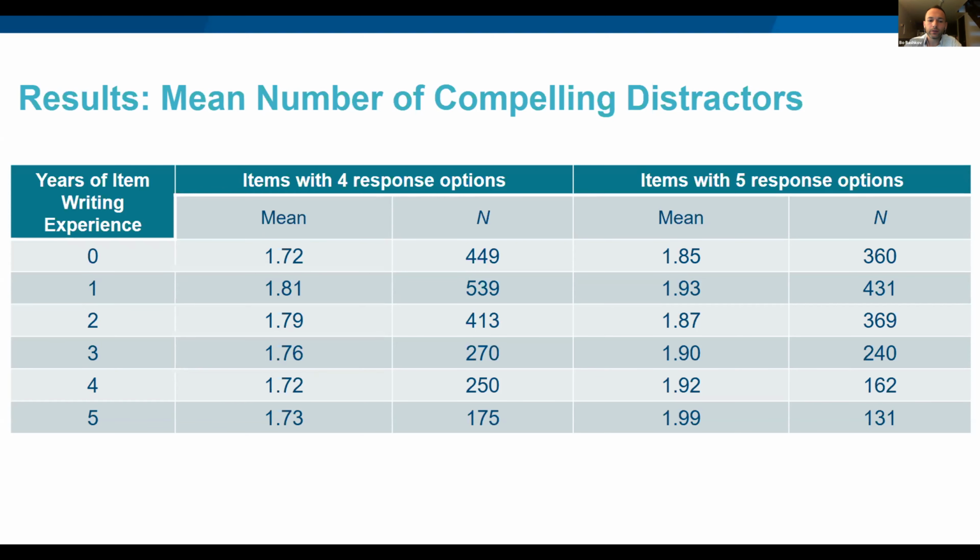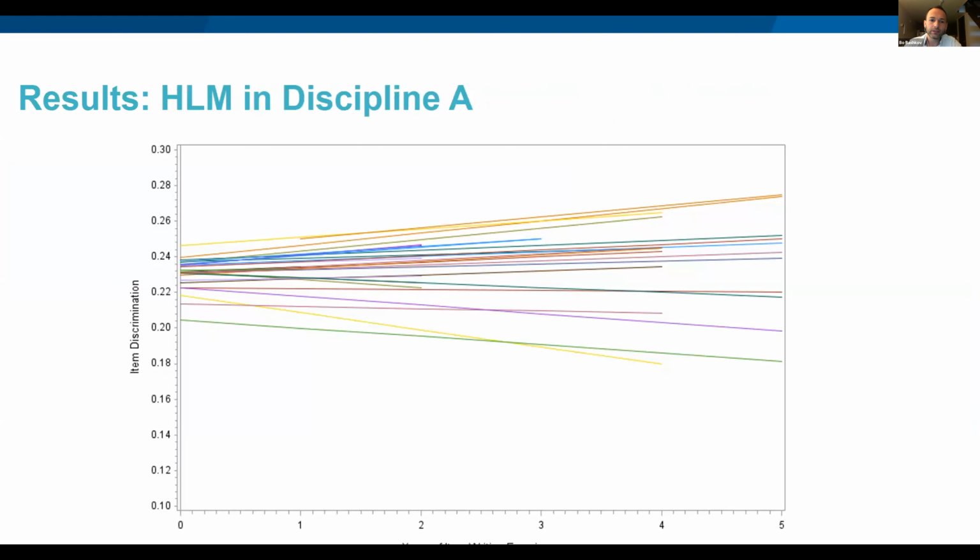However, we did do some additional analysis, the more advanced analysis using HLM, and I'll be presenting 2 graphs that summarize our findings using this modeling framework. Here I'm showing the dependent variable, item discrimination, on the y-axis over years of experience. However, here you're seeing many, many different lines, and each line in this graph is a single author. So what's depicted in the graph is the expected item discrimination for a given author over time.